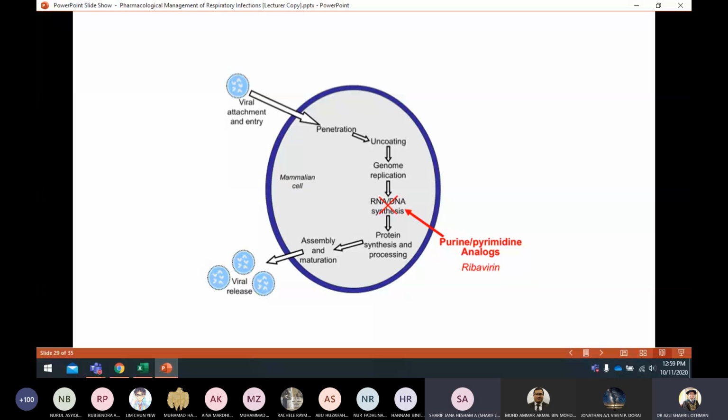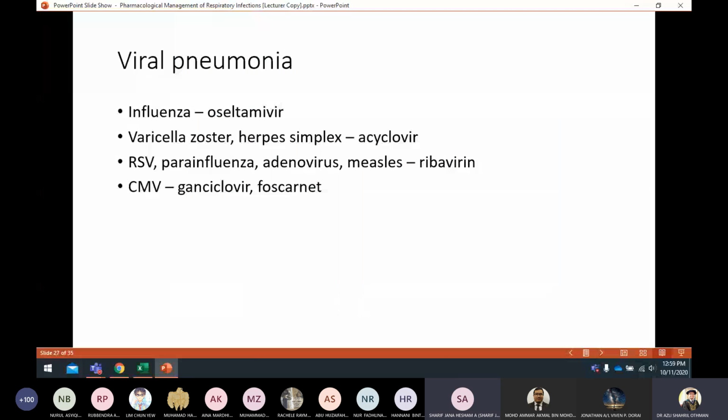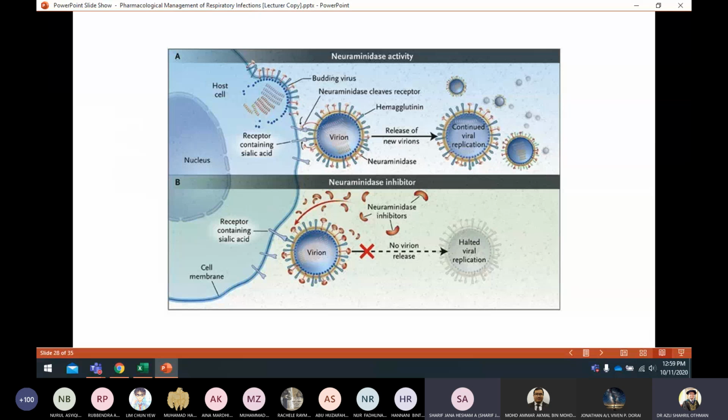Doctor, the slide before was about oseltamivir, the mechanism of action. In general pharmacology, the notes we had said that the mechanism of action is blockade of the viral membrane matrix protein M2, which functions as an ion channel and is required for the fusion of the viral membrane with the cell membrane. So is that considered correct? Oh, because you learned that with Dr. Jahid, is it? Yes. It's not incorrect. It's also correct, but